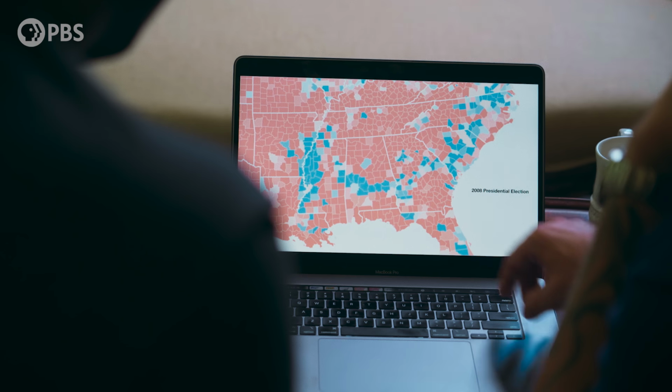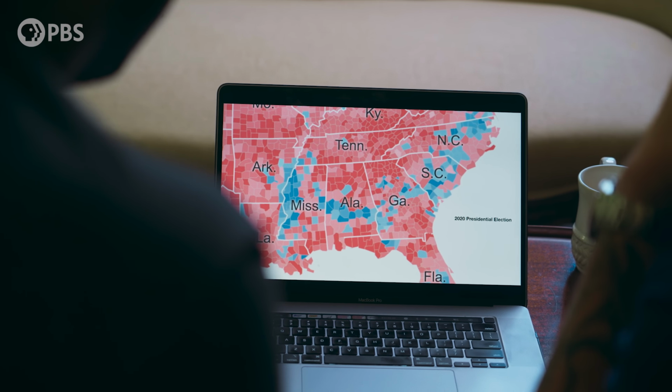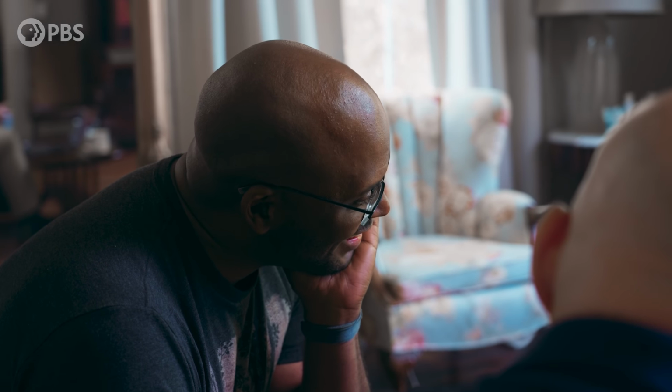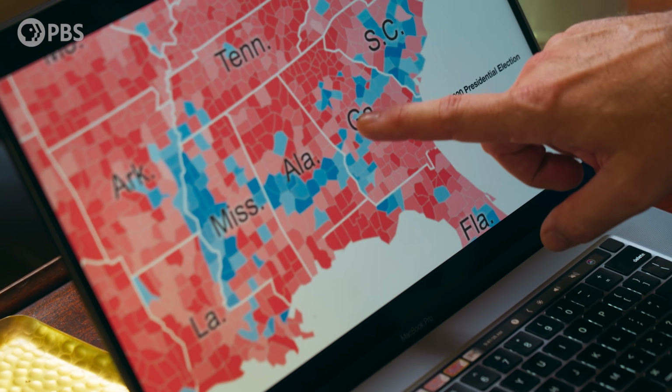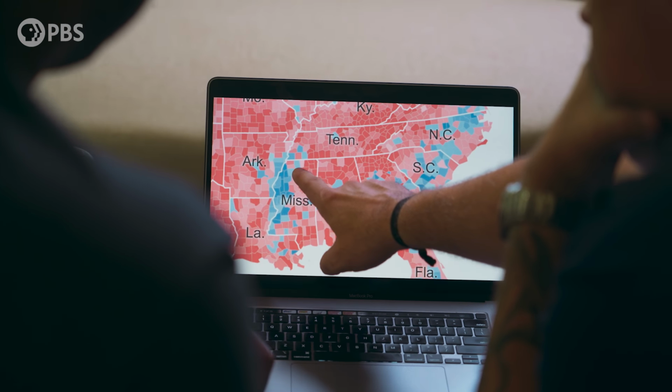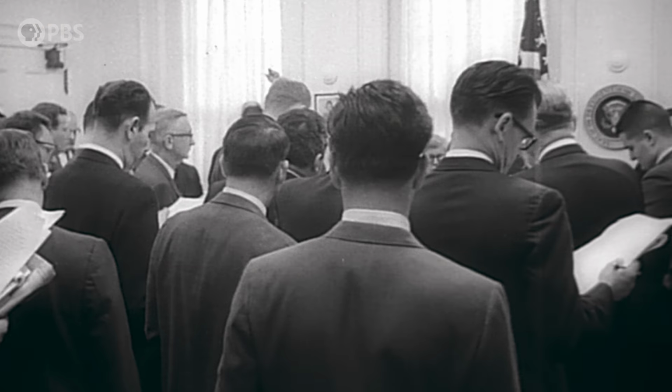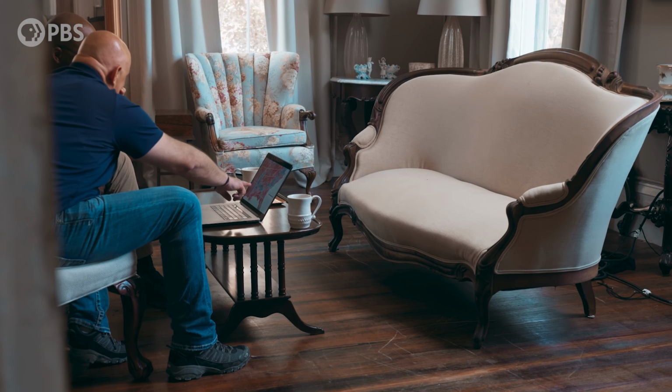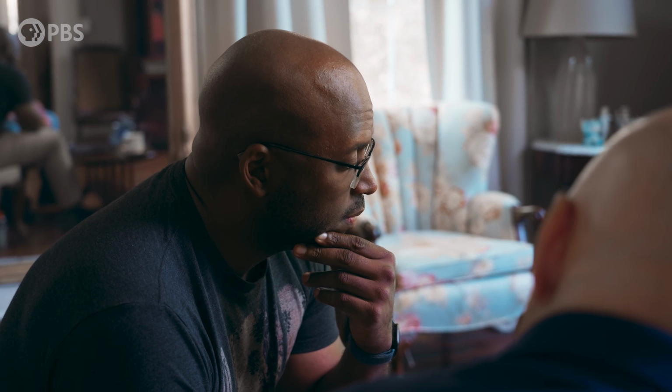This is crazy. Right, and it continues to play out. So this is the recent 2020 election. Wow. So it continues to play out over and over and over again. I've never seen anything like this before. The patterns Craig is showing me only appeared after 1965, when the Voting Rights Act was signed into law. So after that, we start to see it coming in faintly, and then every presidential election, it gets stronger and stronger and stronger in pattern until the last two to three decades, where it has been a prominent feature of